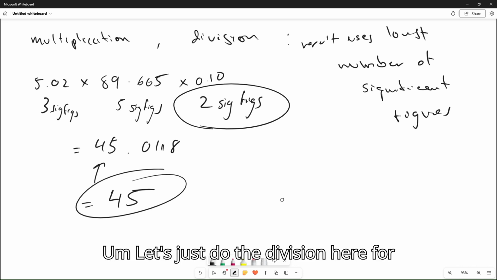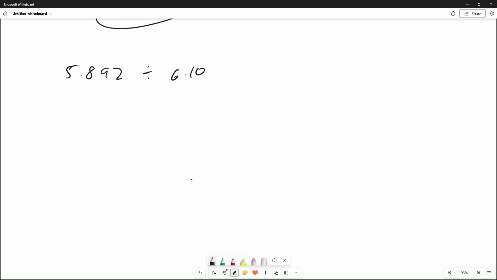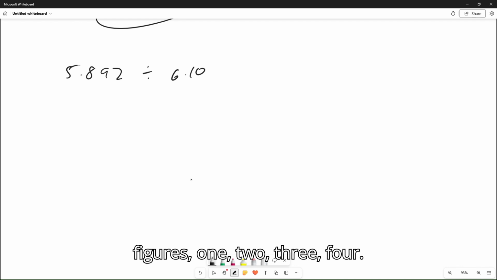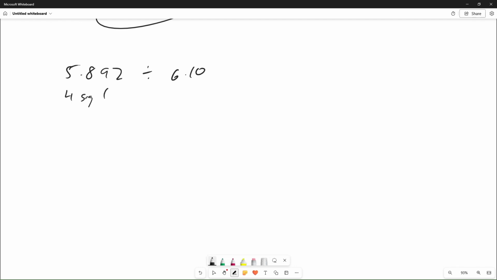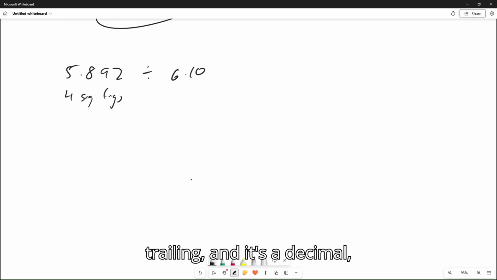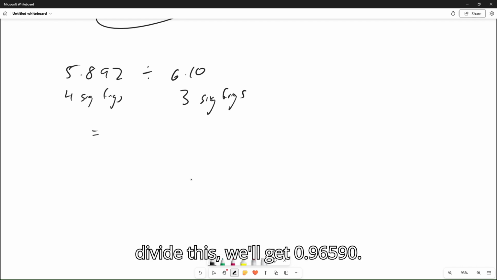Let's do a division here for extra practice. Let's say we have 5.892 divided by 6.10. First, count the number of significant figures. Here we have 1, 2, 3, 4. Here we have 1, 2, 3. The trailing zero is after a decimal, so it will be counted. Once we actually divide this, we'll get